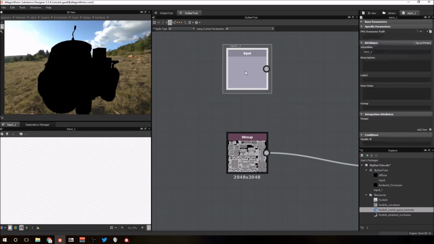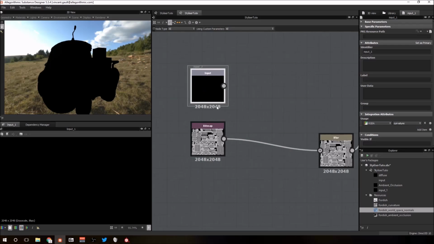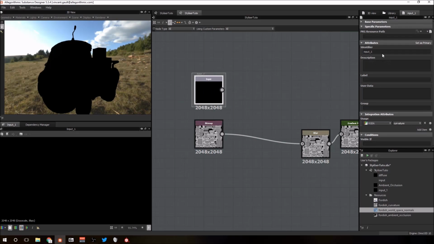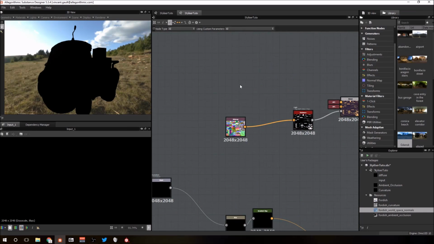Input grayscale again. This one is curvature. So where are you hiding? It's always frustrating to try to find and to imagine that you are watching the video and maybe you saw it, but I think that time it was fine. Curvature, so once again I remove that, and finally an input color here